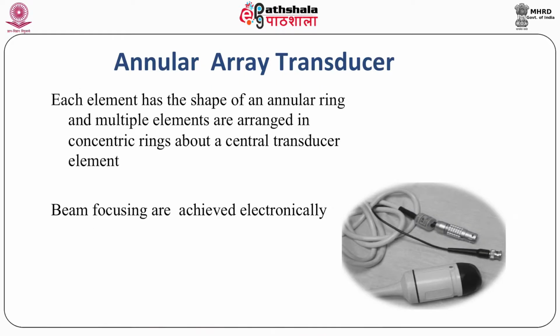Now another type of transducer is called the annular array transducer. Here each element has the shape of an annular ring, and multiple elements are arranged in concentric rings about a central transducer element. Beam focusing is achieved electronically. So you can see here in this figure the annular array transducer. Because it forms an annular shape, some artifacts like slice selection artifacts can be reduced by using the annular